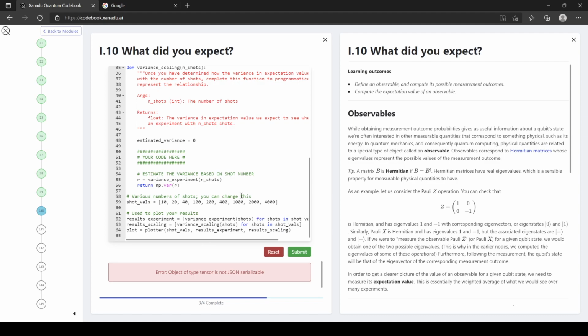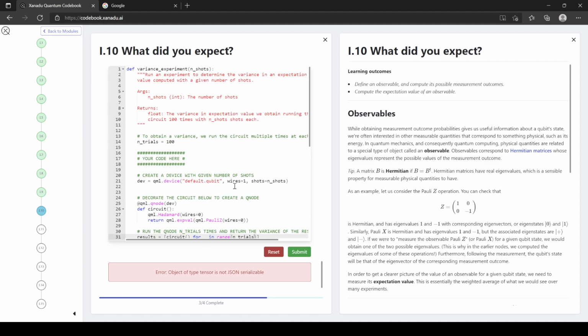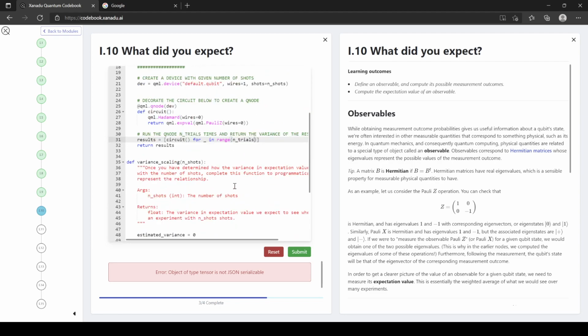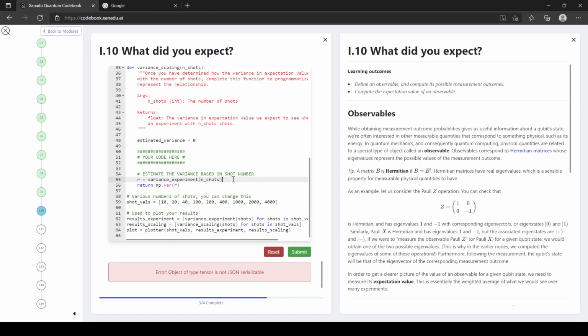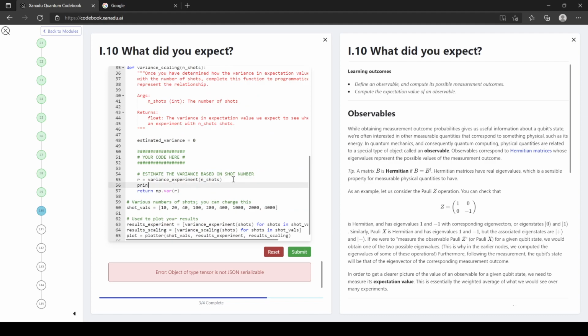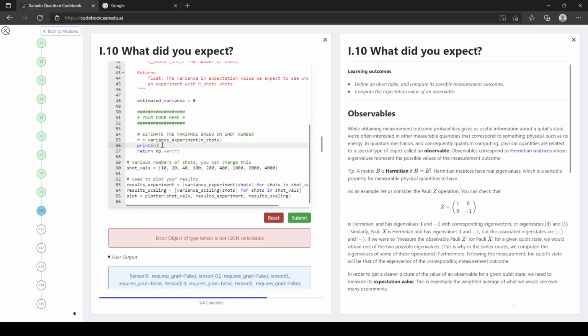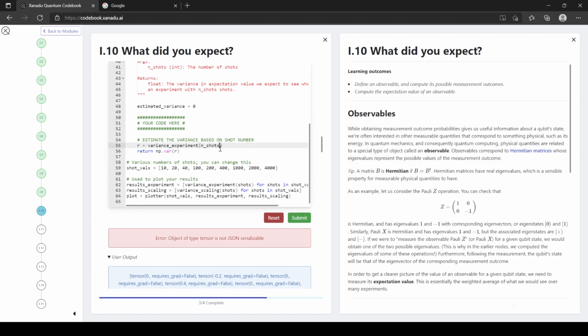What the? Let's see if it lets me print anything. Oh, because it's casting it to a different object than we want. So we want to say,